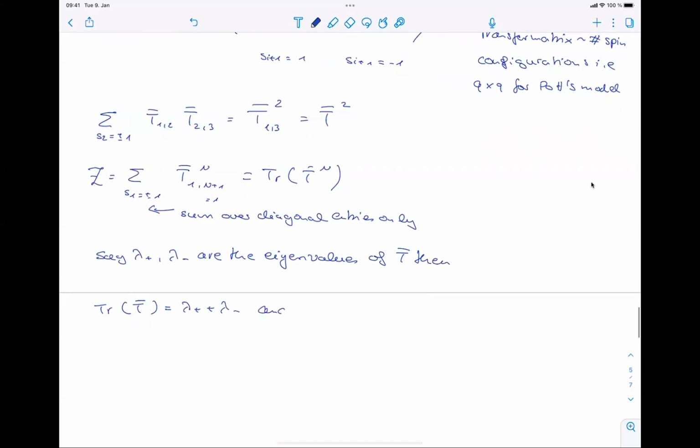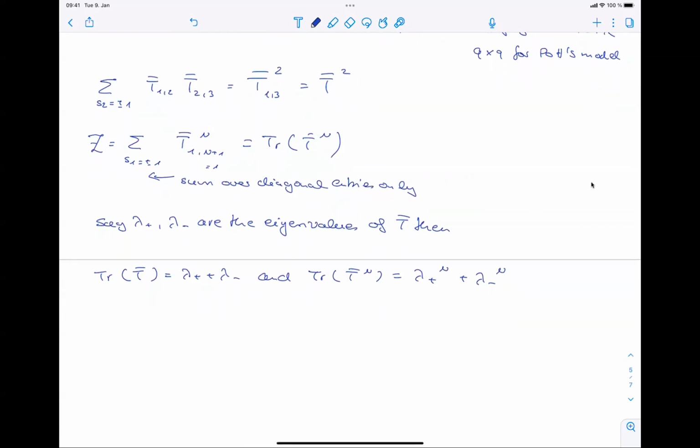And obviously, then it's also easy to say what's the trace of T to the power of n, because that's then lambda plus to the power of n plus lambda minus to the power of n. And so we can do this, right? We can determine now the eigenvalues of our transfer matrix